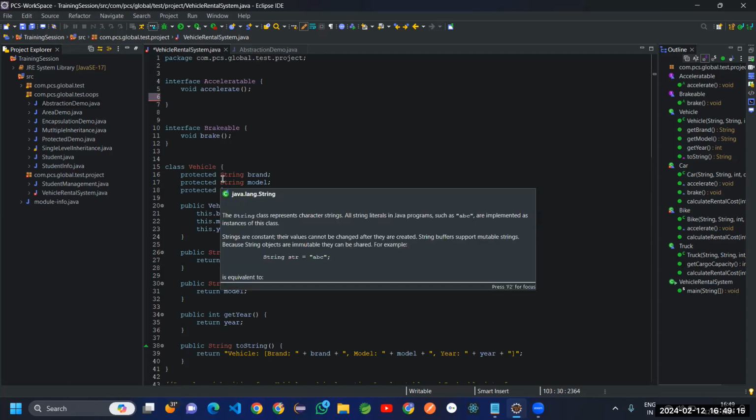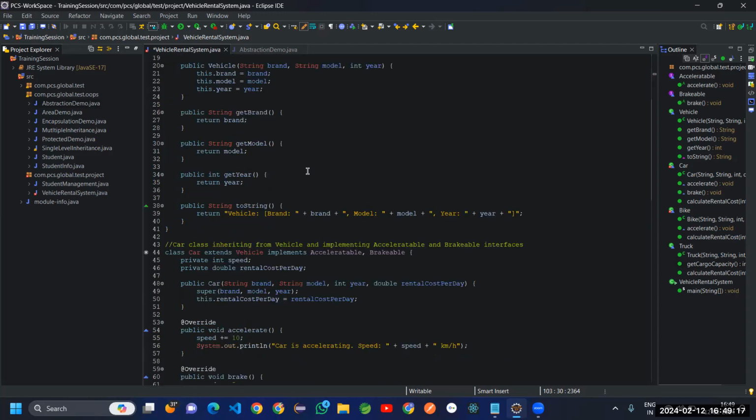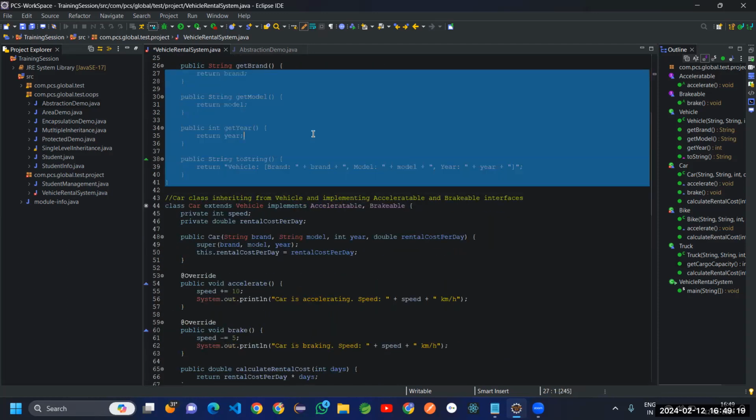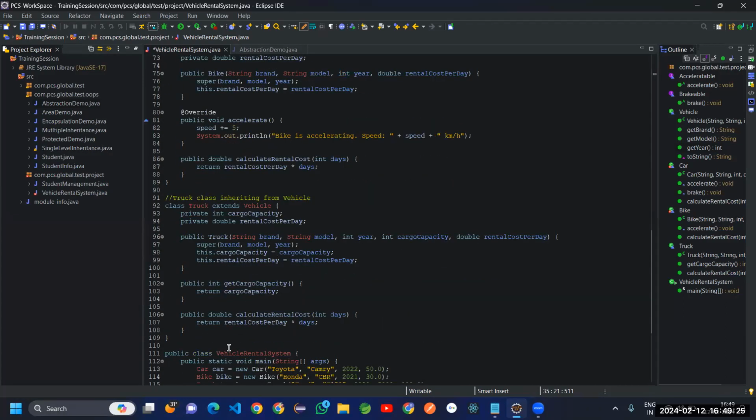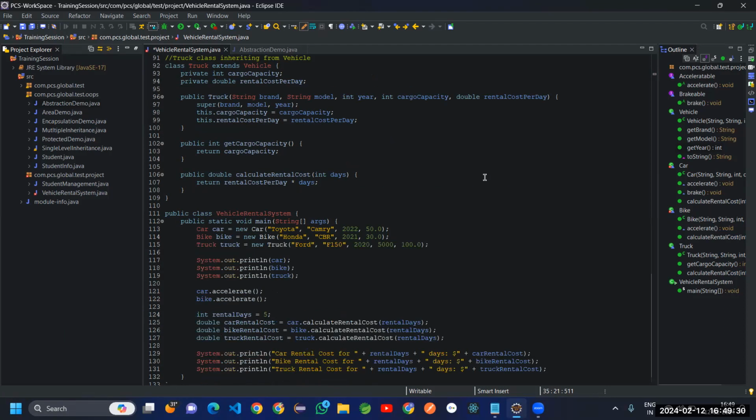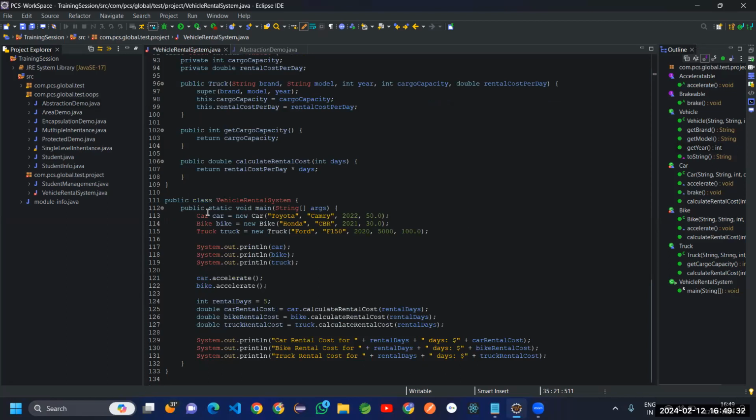I created some blueprints, some templates for all vehicles. So this is the template. We know we can use these features not only for car and bike, you can use them for flight, train, and so on. So in the main method,